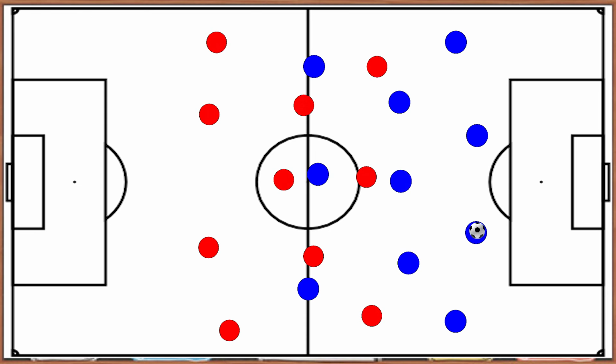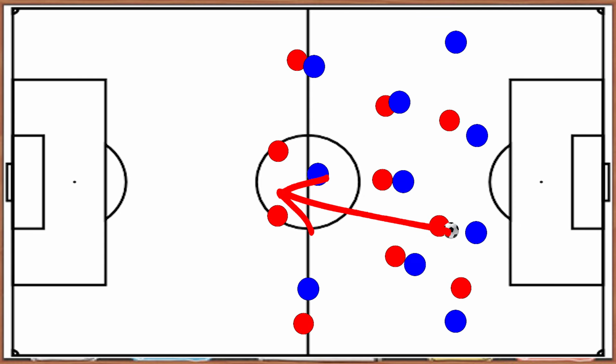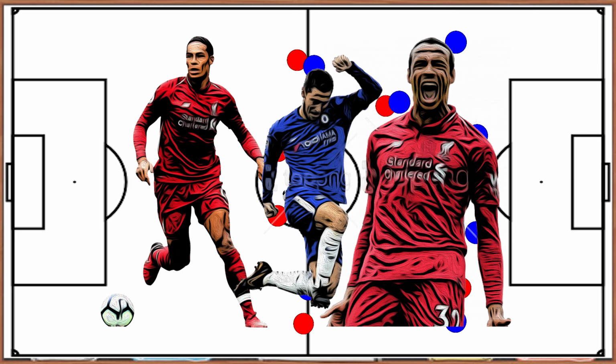However, Liverpool defended from the front to counter this most of the time. By using a high press, they forced Chelsea to go long, as shown by their numerous clearances. This often led to Hazard competing aerially with Van Dijk and Matip, which would only lead to one result, as